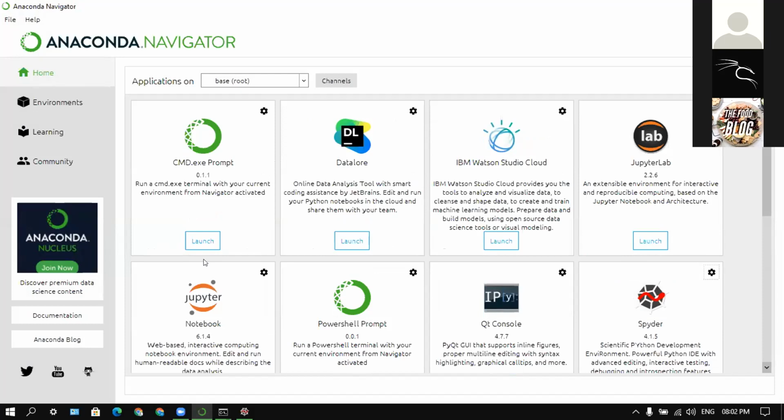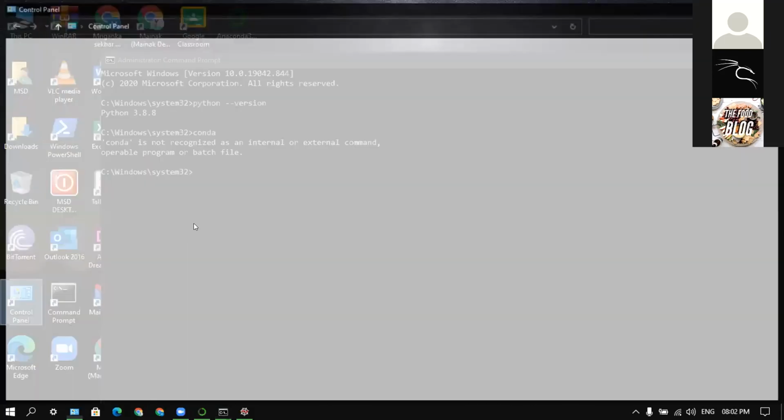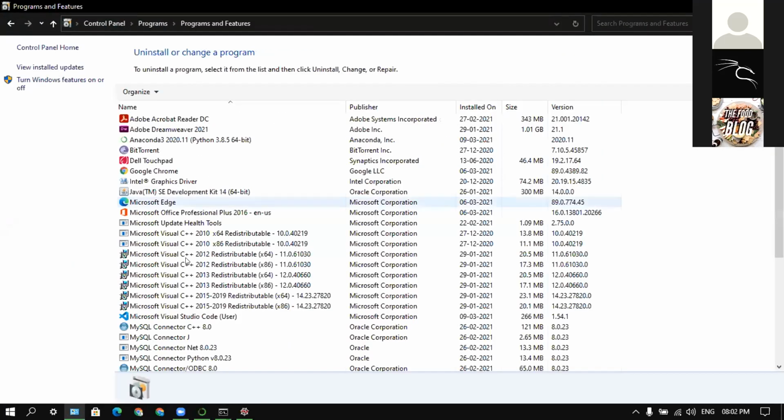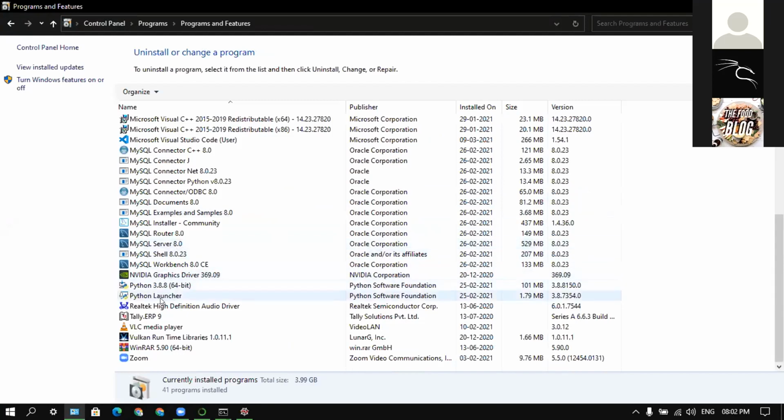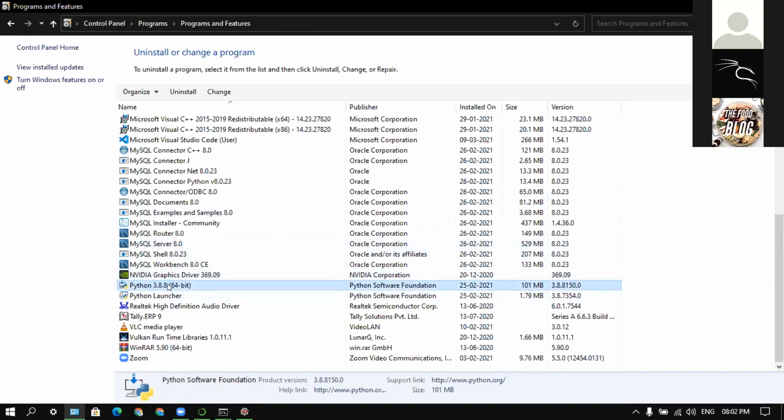Yes, sir, that is actually where the problem is coming from. Okay, so can I remove this one? You can remove the normal Python, Python 3.0. Just remove this thing, and as I told you, first restart your system. Then if some files are there, they will provide some ambiguity. Okay.